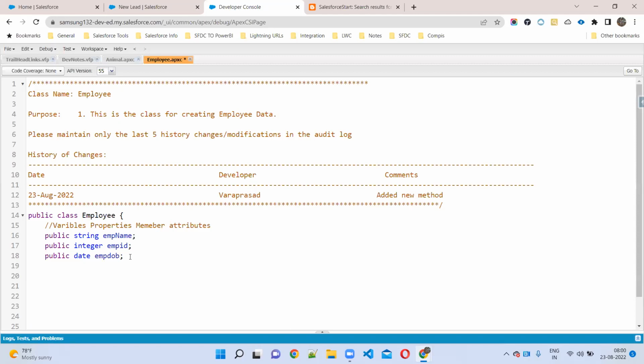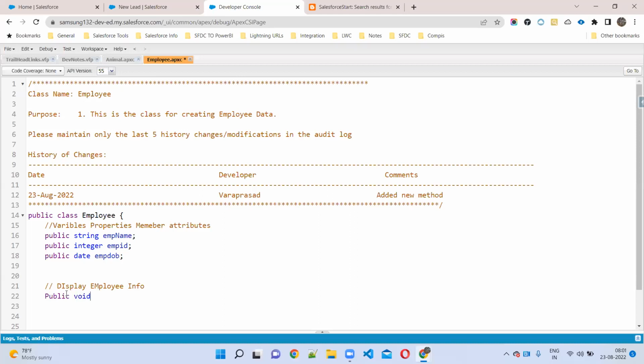So I want to create one method here. Gautam, tell me, how can you create a method? I just want to print all this information in the method. Method syntax: access modifier public, return type void.